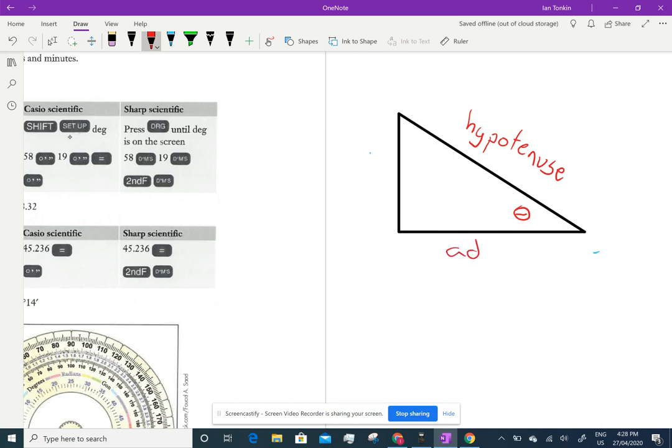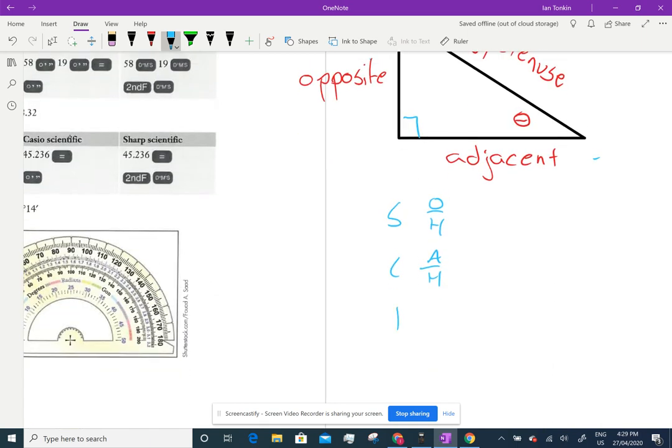Call this adjacent because it's the side beside the angle. And call this opposite. And then I'd write down all my ratios. Now, there are many tricks you can use to try and remember them. Some people say SOHCAHTOA. I remember "some old hags can't always hide their old age." But I'm pretty sure, I'm just going to check on my other computer, that you get these